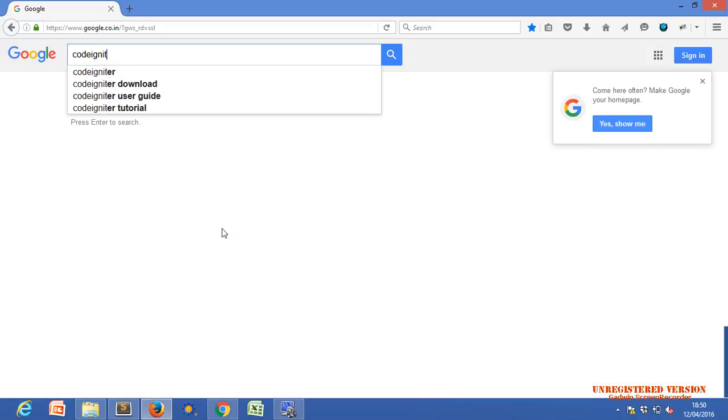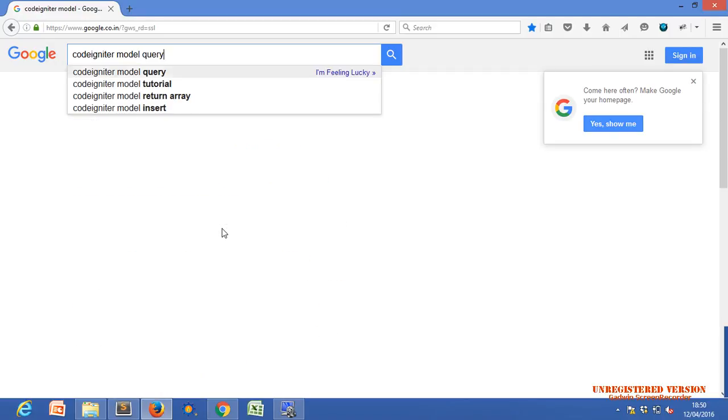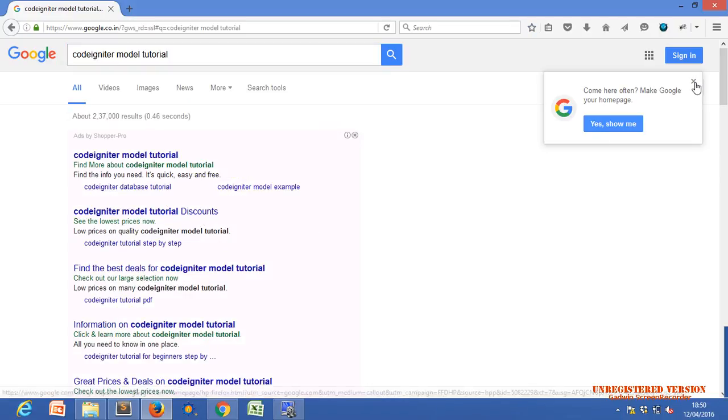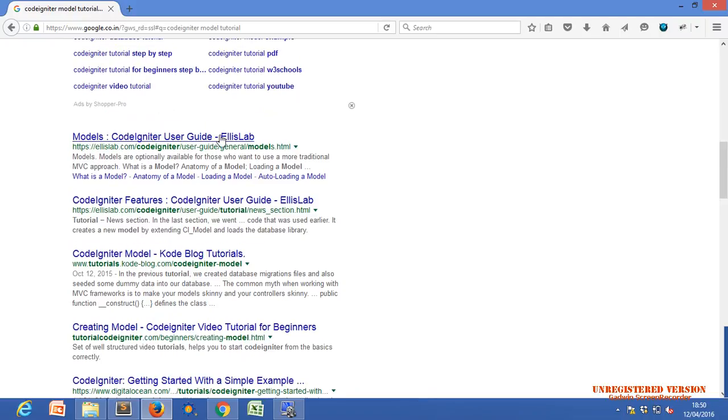CodeIgniter model. You can see that in the tutorial. This is the guide from the CodeIgniter official site.